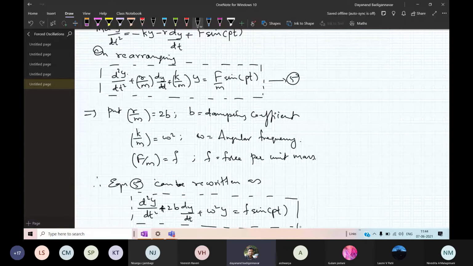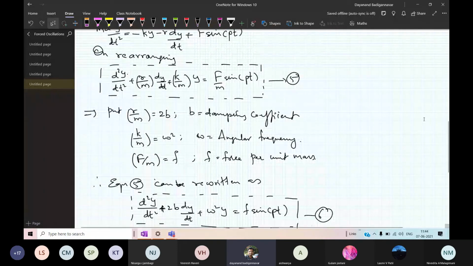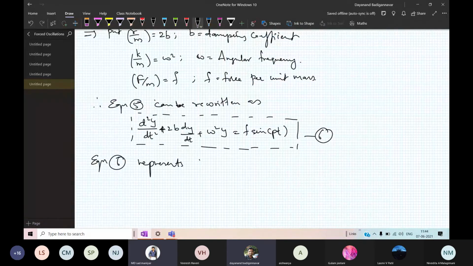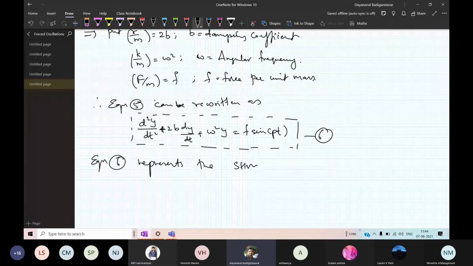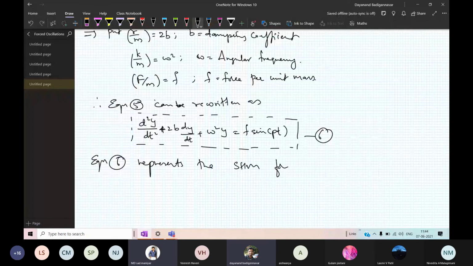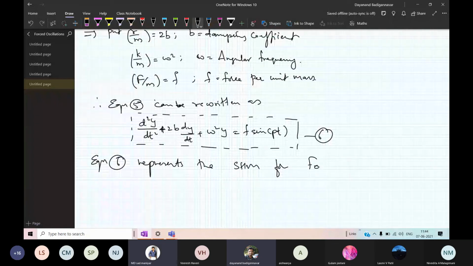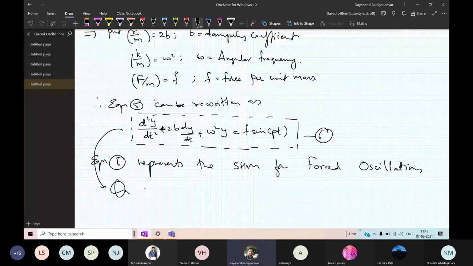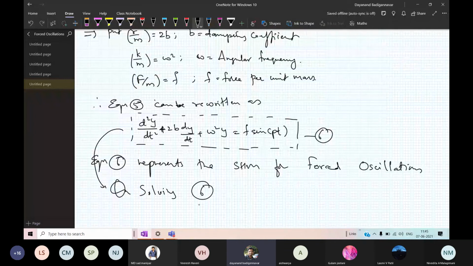So equation 6 represents the equation for forced SHM. Which oscillation, damped or free oscillations? Forced oscillations. Now you have to solve this equation. On solving it the same way as we have done earlier, on solving equation 6, I get the value of y as equal to a